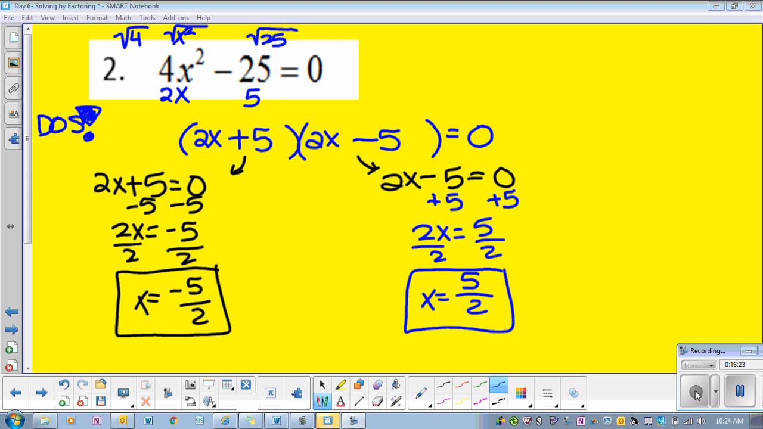So, did you get this? Did you get x equals negative 5 halves and x equals 5 halves? Guys, isn't that the same number, basically, except they just have opposite signs, right? Yeah. Okay, so when you